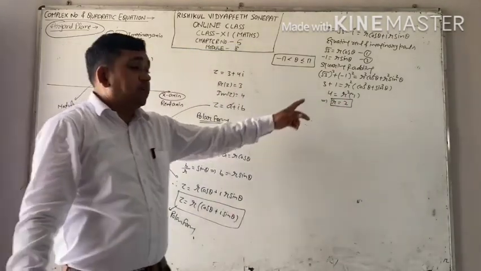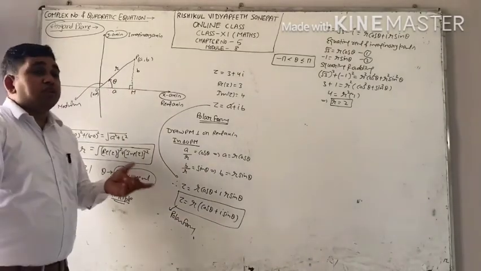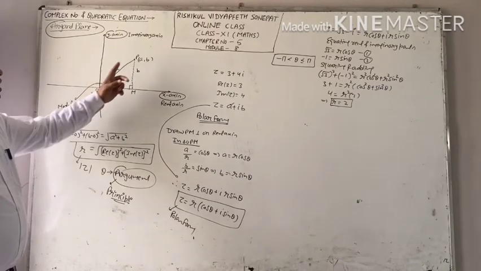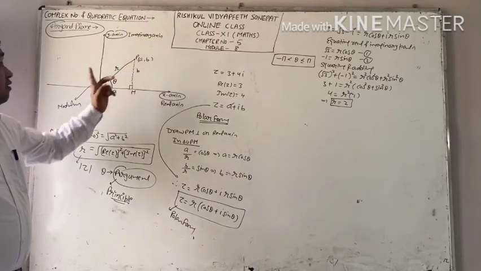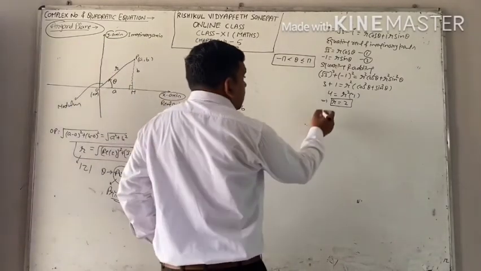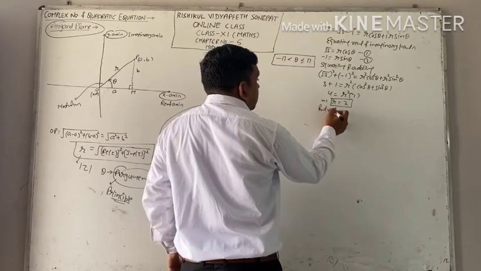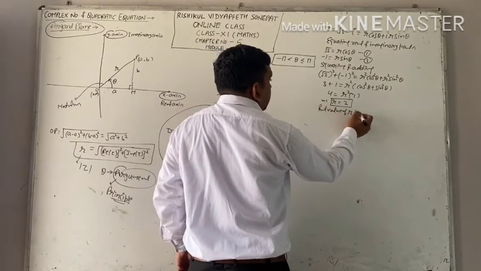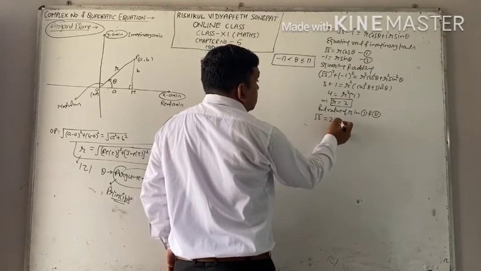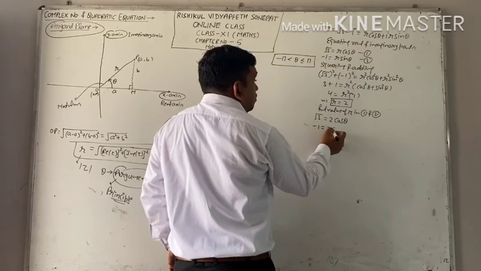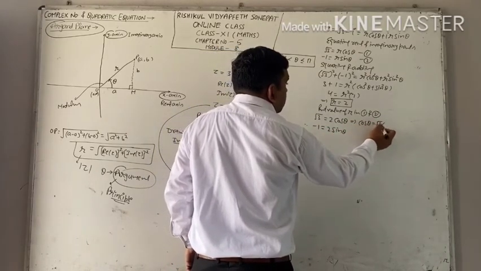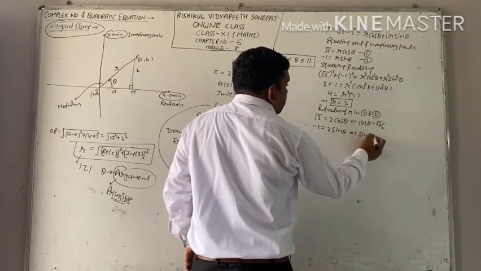You will not write plus minus 2, because what is r? r is modulus and modulus is always positive. Why is it positive? Because modulus means distance of this point P from origin and distance is always positive. That's why r is positive. Now put value of r in first and second. See what you get. Root 3 equal to 2 cos theta, minus 1 equal to 2 sin theta. This implies cos theta equal to root 3 by 2 and sin theta equal to minus 1 by 2.